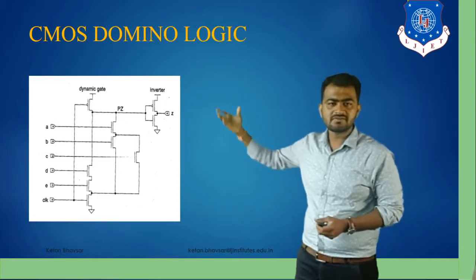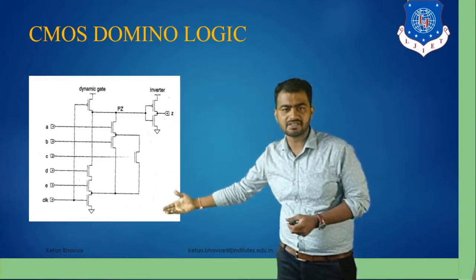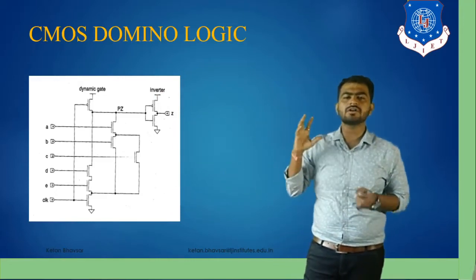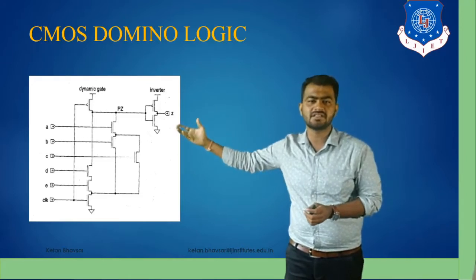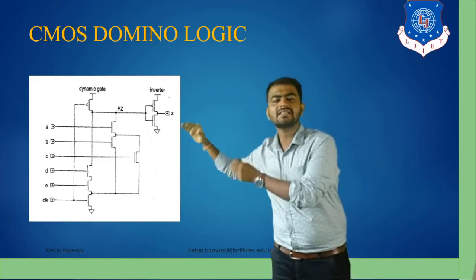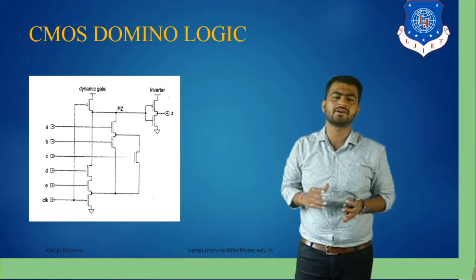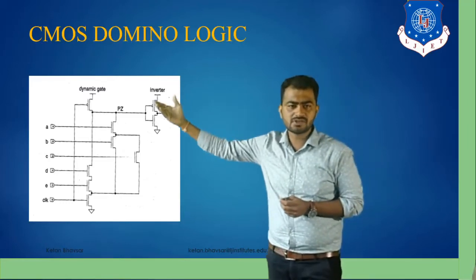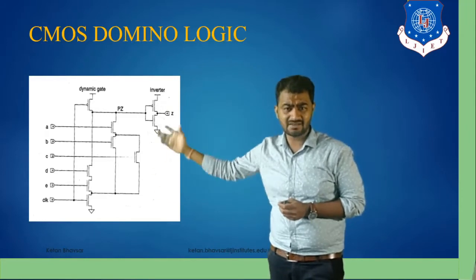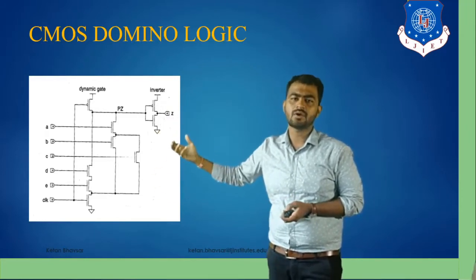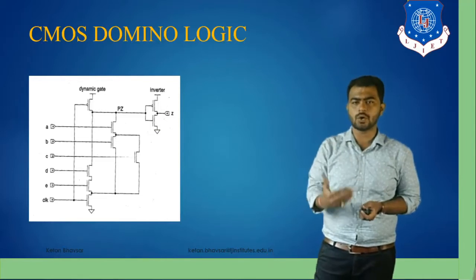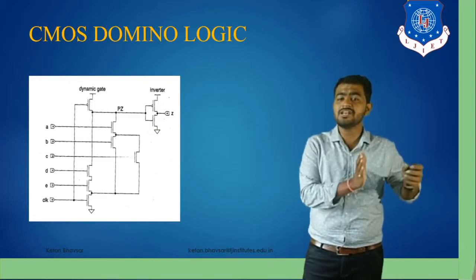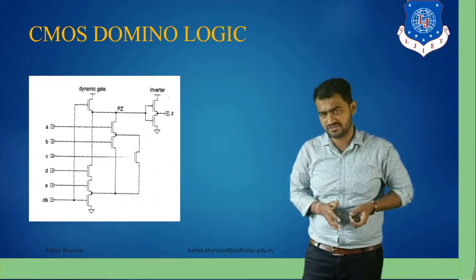As you can see, we have the PMOS, the ground, the logic blocks, and then the inverter. When we discuss a domino logic circuit, we are connected with the inverter too. So we get the output directly as compared to a normal circuit. We can directly design the AND gate, OR gate, and other types of gates. We do not need to design the NAND gate and NOR gate for the same.